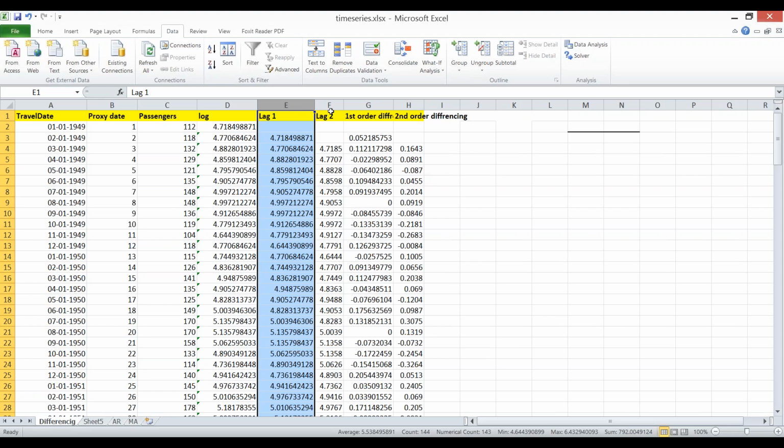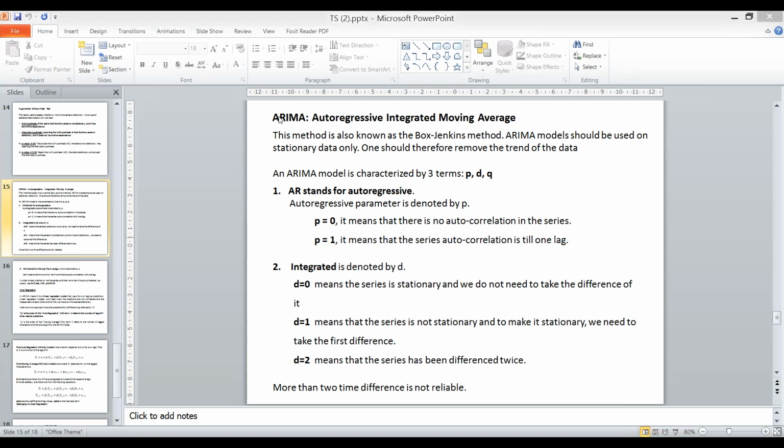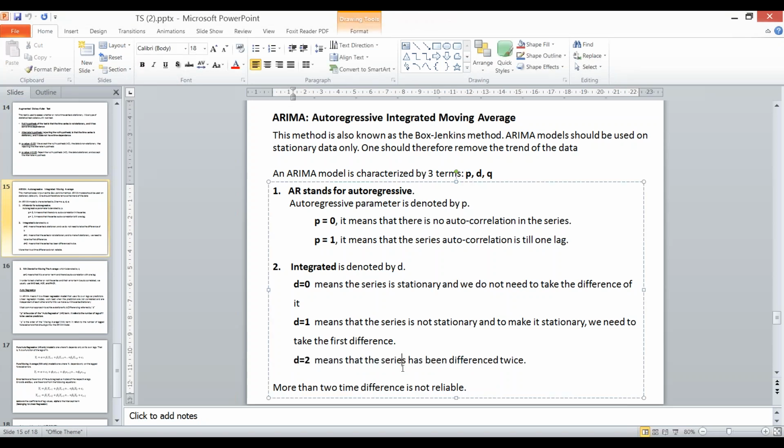Here, this is first order differencing and this is second, that is shifting our data by 2 days. First order means shifting our data by 1 day, second order differencing means shifting our data by 2 days. Similarly, we can give the value of D in ARIMA and ask the model by how many days we need to shift our data. D is equal to 0 means the data is stationary. When D is equal to 1, just shift the data by 1 lag and it will make our time series stationary. When D is equal to 2, it means shift our data by 2 days or 2 months, because our data is monthly, and this will make our time series stationary.